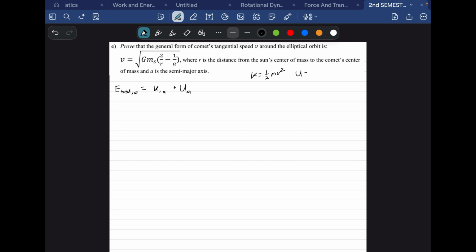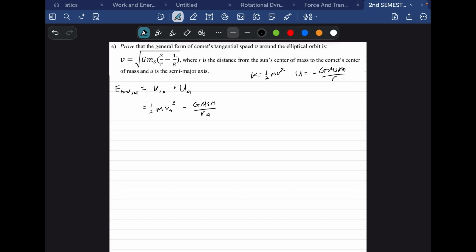Then U is negative G, mass of the sun, mass of the object, over the distance R between the object and the stationary mass, center to object. So I'll replace it here. So 1/2 m comet V apogee square minus G, mass of the sun, mass of the object, over